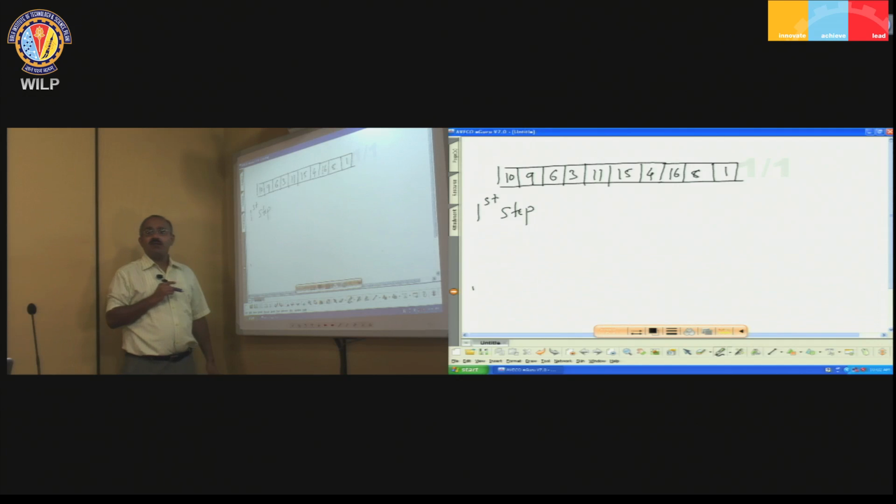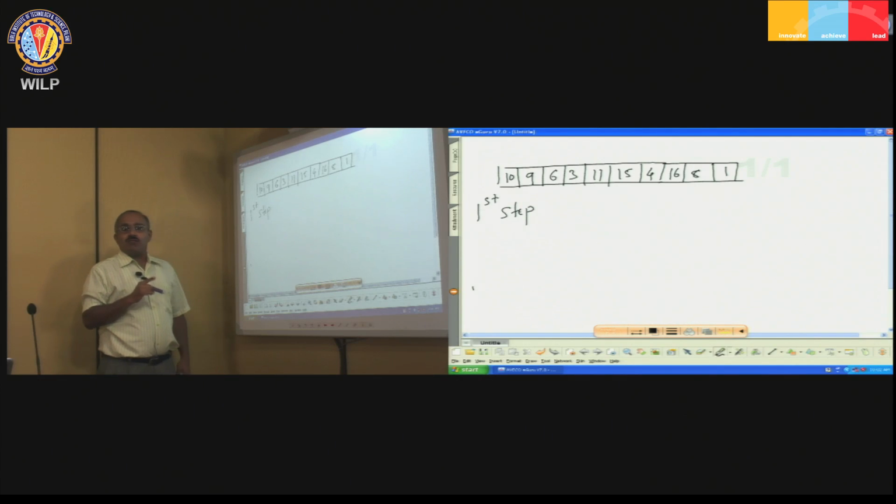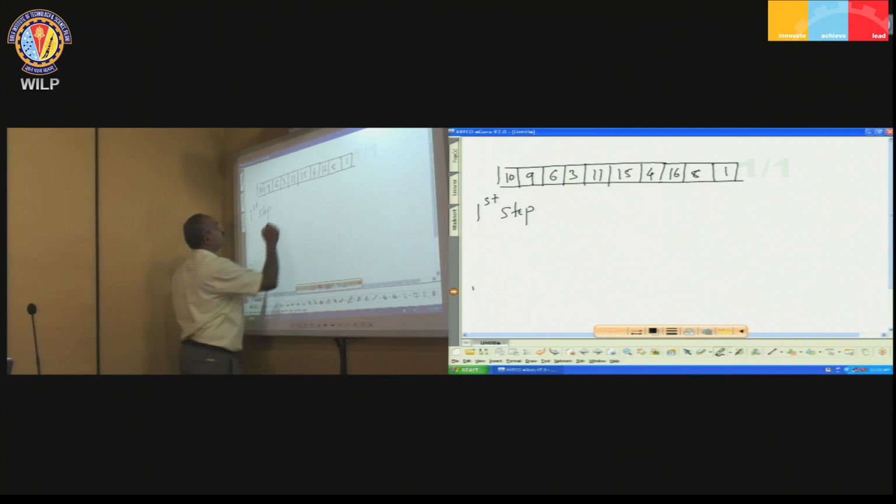So, the first element is going to be the root, then we know for the ith index, the 2ith index is going to be the left child and the 2i plus 1th index is going to be the right child. So, let us try to do this. I am drawing a complete binary tree which is going to represent this. So, this is 10, then 9, 6, children of 9 are going to be 3 and 11,